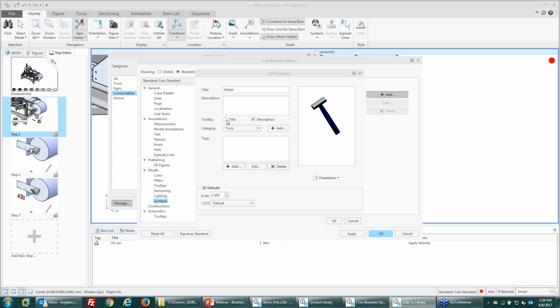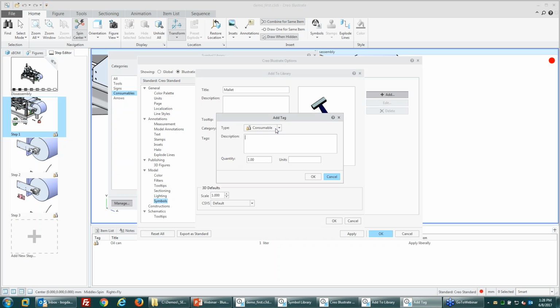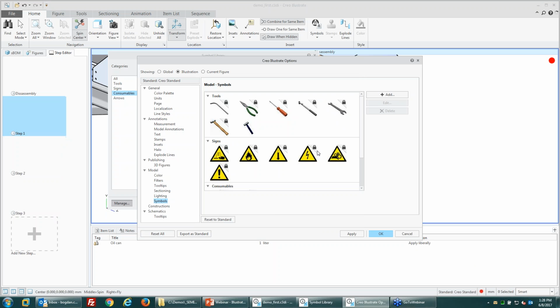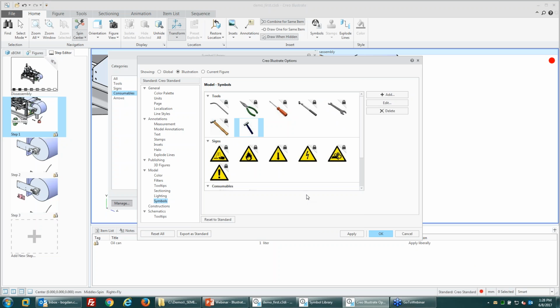I can put in a category. So this is going to be a tool. And the tags are going to allow me to put in what this component is. So let's say this is procedure, and the description that appears here when I put it in, I'll call it rubber mallet. I'll say okay. That's what's going to appear when I insert that component. So I just added that new library component,